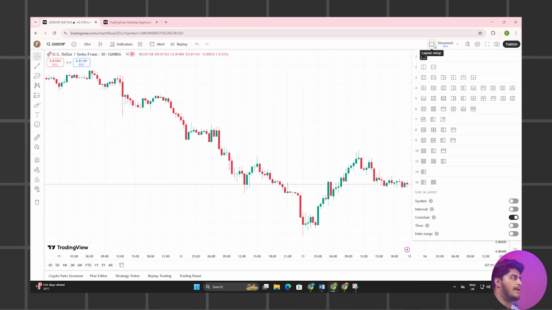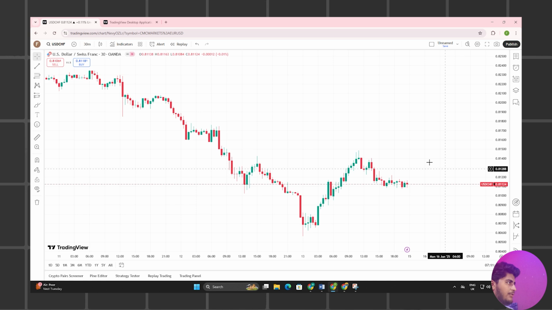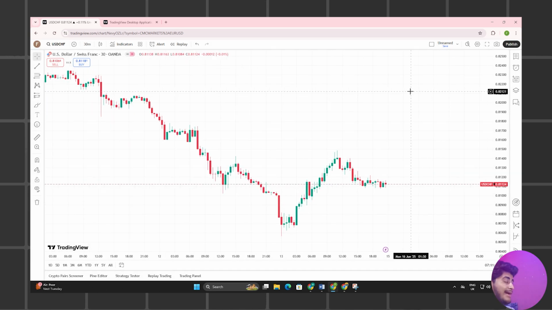This is not important. Unnamed is used to view more charts on one screen. For example, this is one chart, but you can select more charts on one screen. So you can select any layout you want and select more pairs you want to analyze, but you don't need to buy this. This is not mostly used.